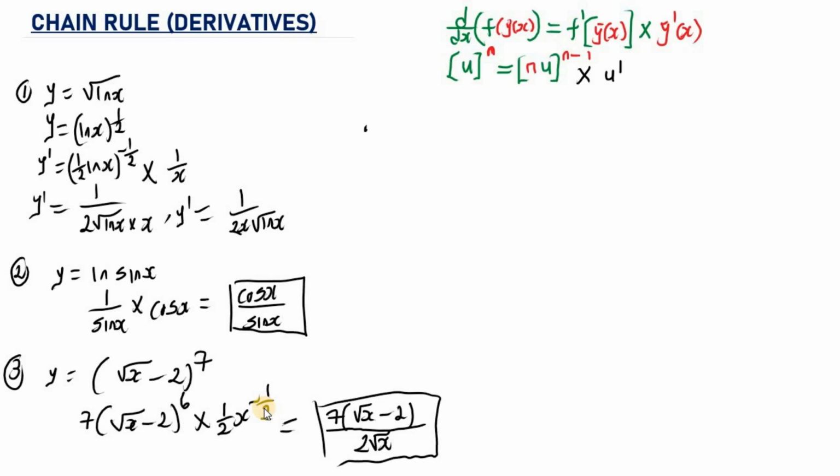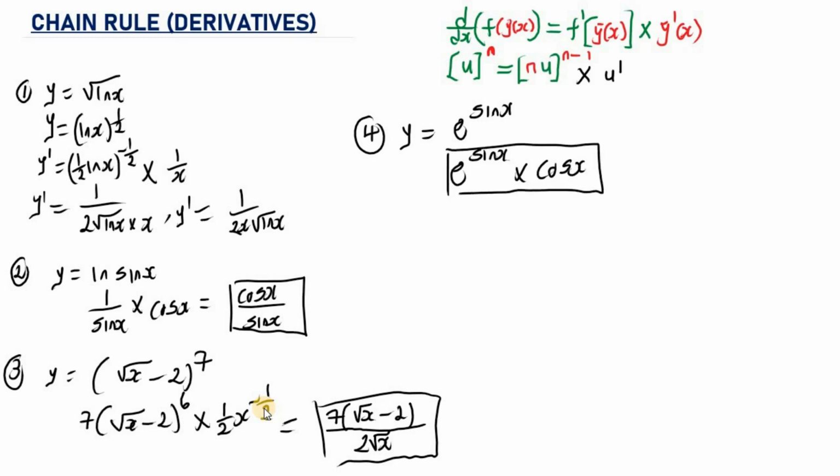Let's take a look at another one. So this is example 4. Let's say we have y is equal to e raised to the power of sine s. Now how can we evaluate this using chain rule? Whenever you have e raised to a power and you want to take the derivative of this using chain rule, it is going to be e raised to this power, then multiplied by the derivative of the power. So the derivative of sine s is going to give us cosine s. So this is multiplied by cosine s. So this is it. This is the answer.